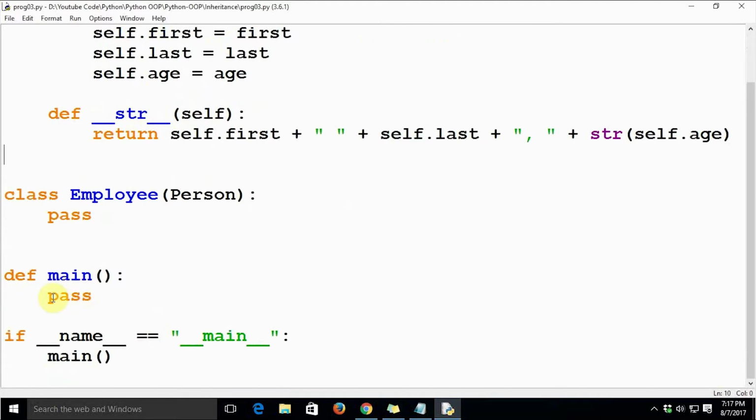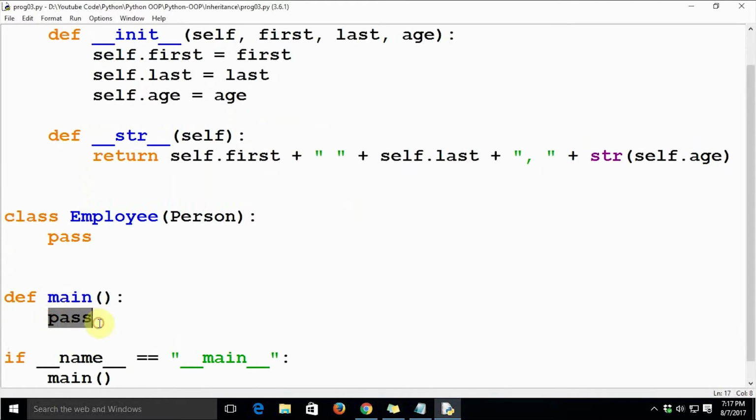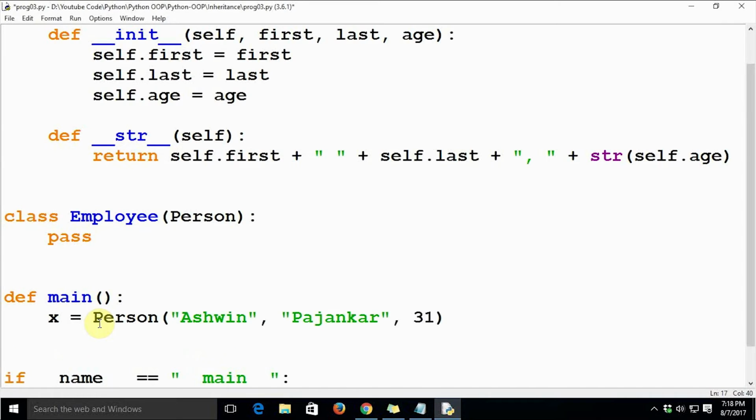Now let's see how to use these methods. Let's say x equal to Person, and let me provide my first name and my last name, then 31, and print x.